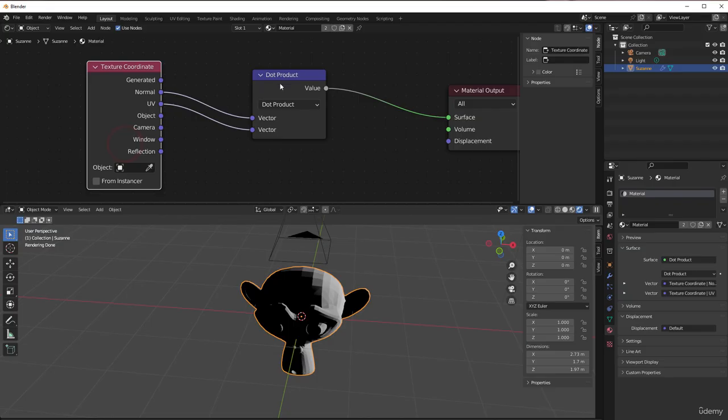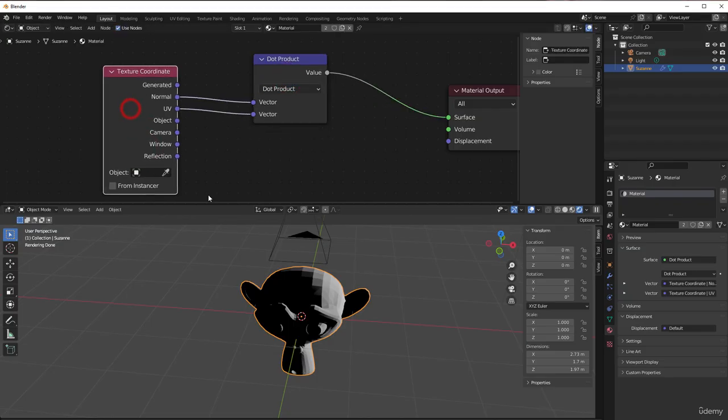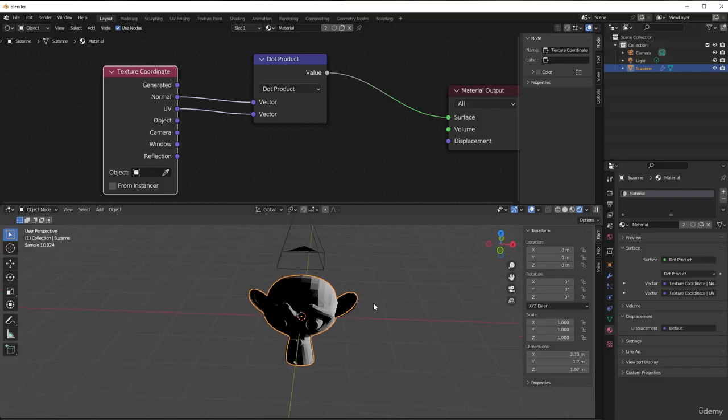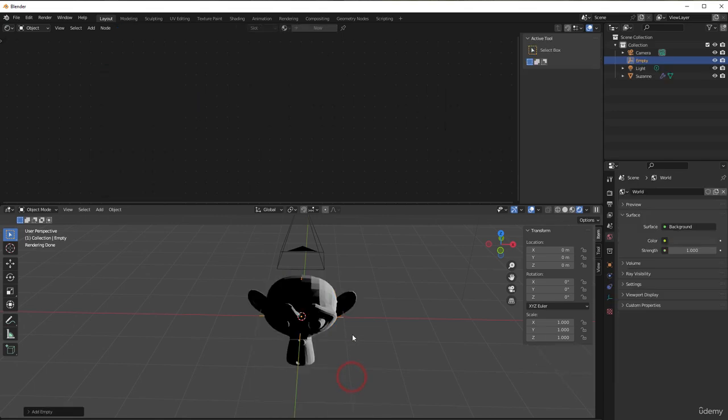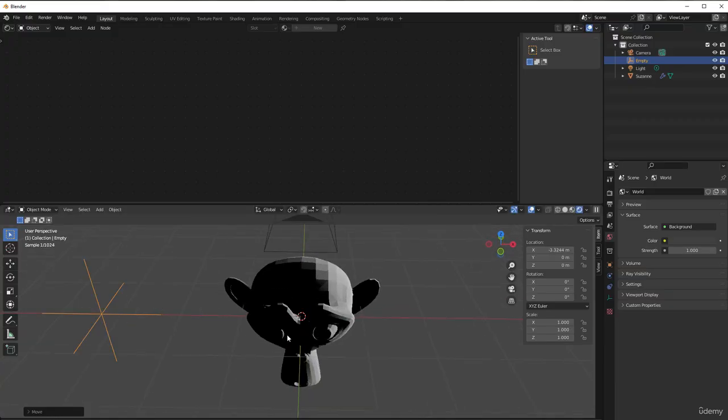So let's do something else that is much more fun and where you really see how it works. We start by adding another object, an empty. So go down to your object mode, press Shift A, and there you can just go down to empty and plane axis. And just drag that out in x-axis, so just press G, X, and drag it out like this. Then go back to the monkey